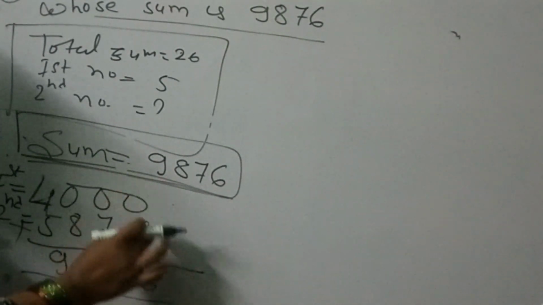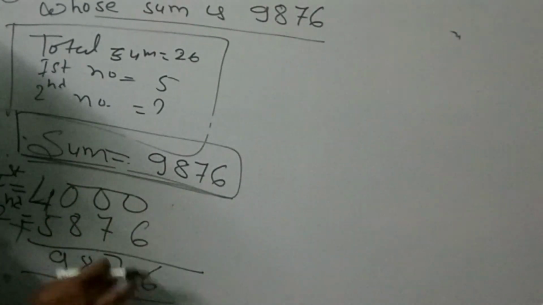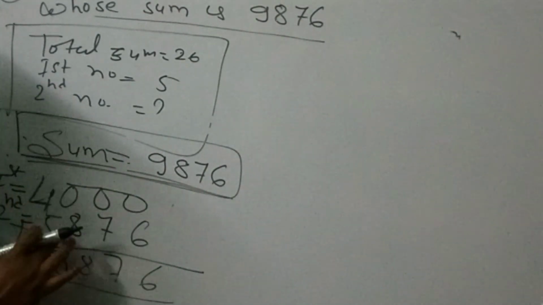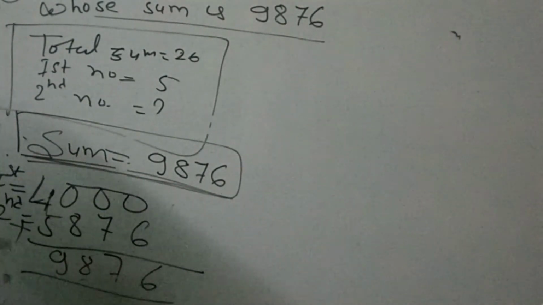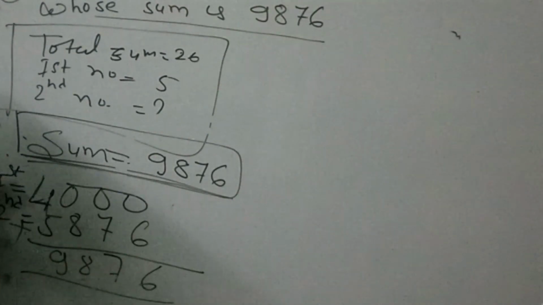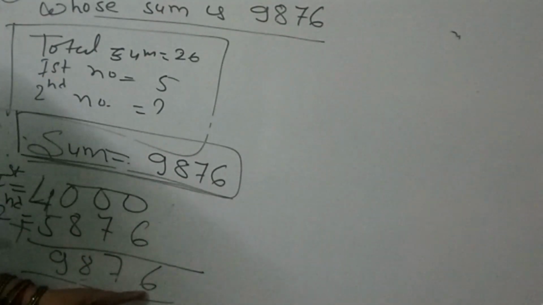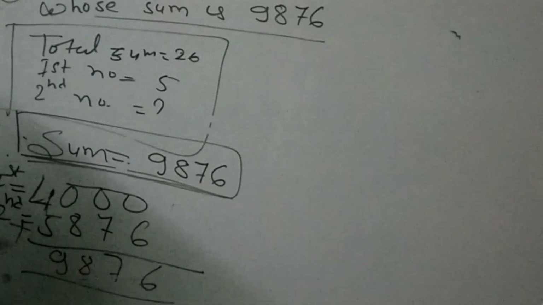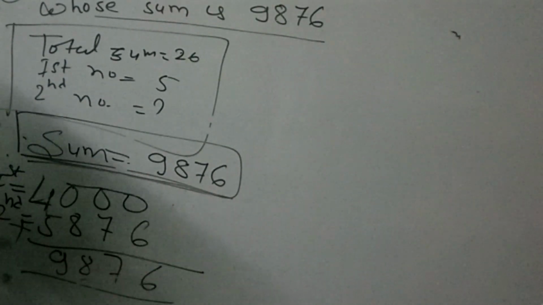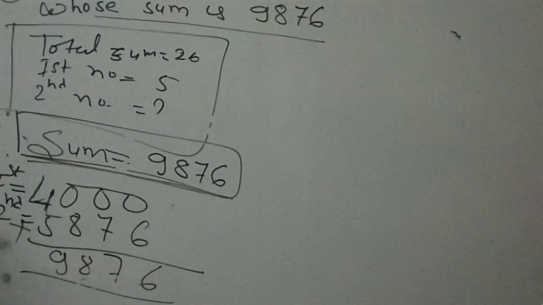Now you add both the numbers and see whether their sum will be equal to 9876 or not. 0 plus 6, 6. 0 plus 7, 7. 0 plus 8, 8. 4 plus 5, 9. So students, here you can take another example, another number also. But remember, the sum of both the first number and the second number should be equal to 9876. I take zeros here because it is easy to subtract the number. So you can take other numbers, add them and find their sum, 9876.